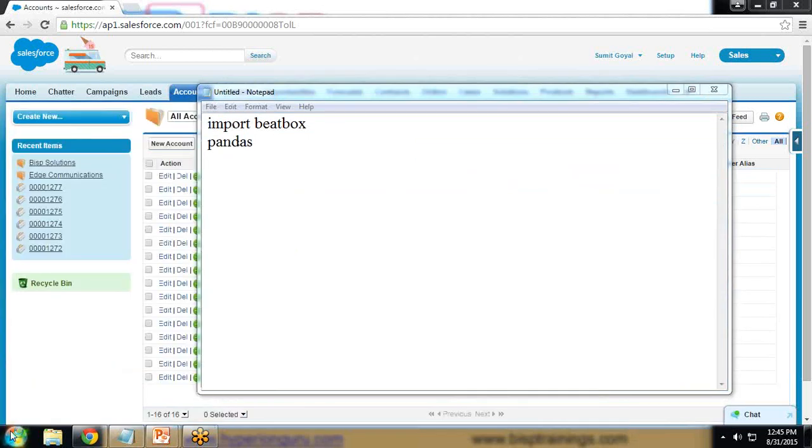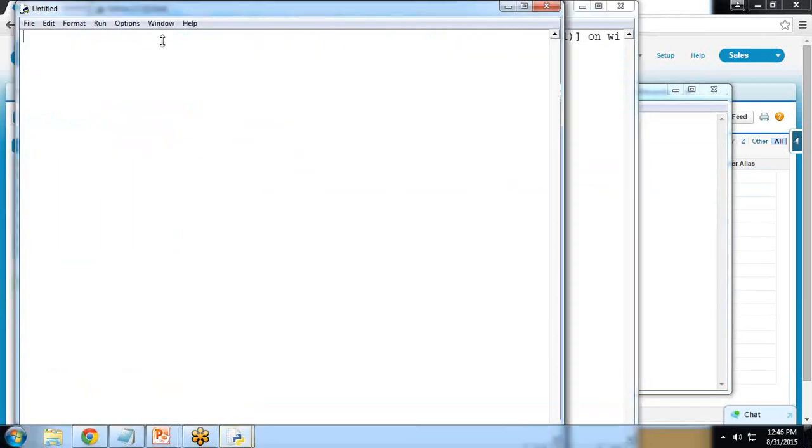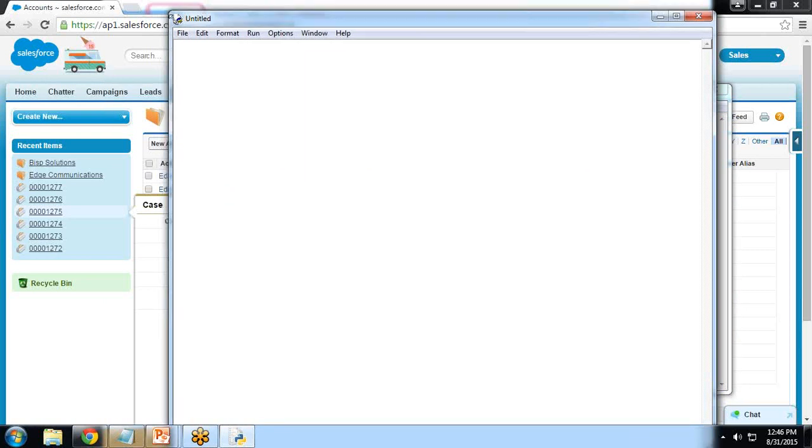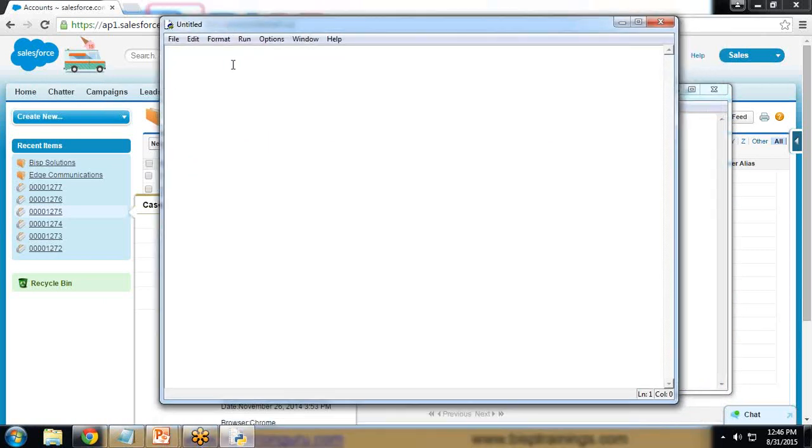So I run my IDLE. I'm going to use the GUI Python shell. Here, for a start, I write import Beatbox. I'm assuming that you have already installed Beatbox within your Python folder. If you haven't, you need to download and install Beatbox on your system in the same directory. I'm using Python 2.7, so it should be installed in the same folder, under site packages,